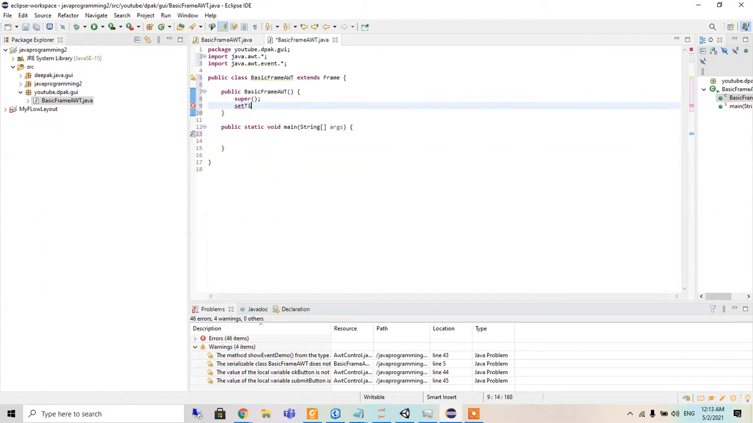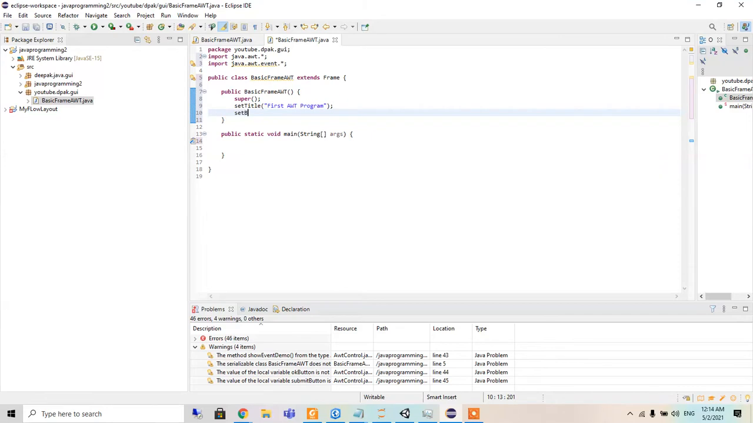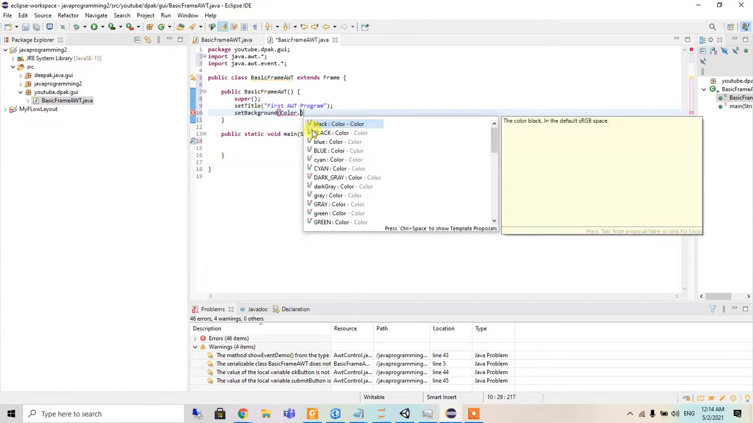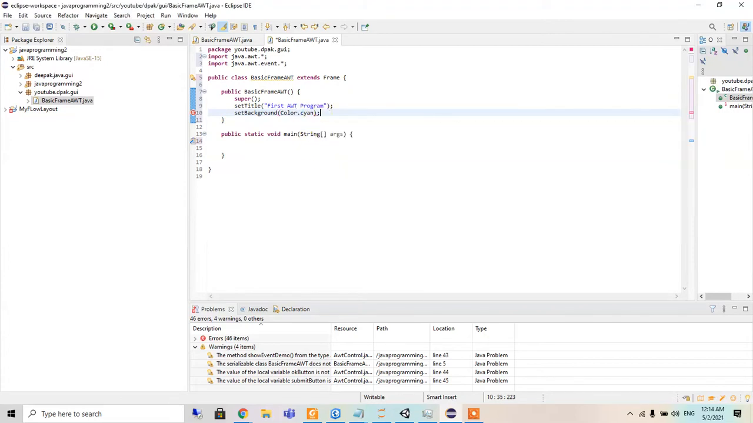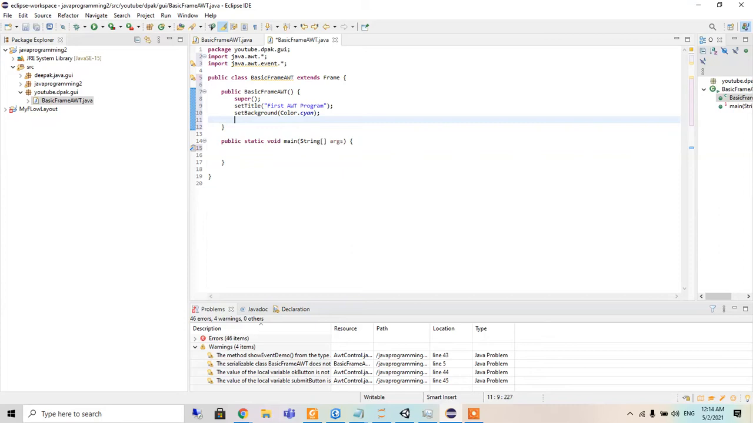So I will set the title of my program, my first GUI, and I will write it as first AWT program. Then after I will set the background by calling the set background function. I will put this as Color dot, and I will just add the color as cyan. So the color cyan will be added. Then after I